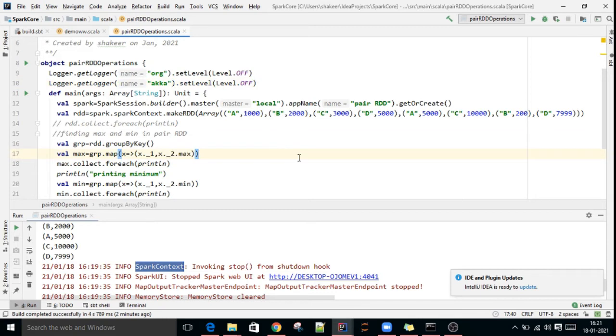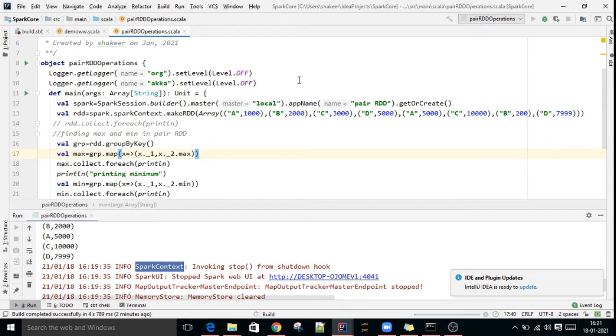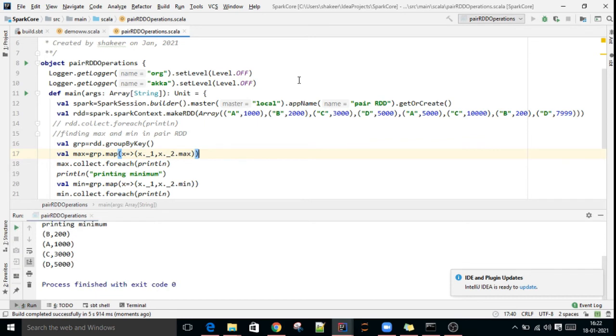If you import the logger and execute now, you won't see the info messages. See, printing minimum: in B the minimum is 200, C 3000, like that. So minimum and maximum we have printed.